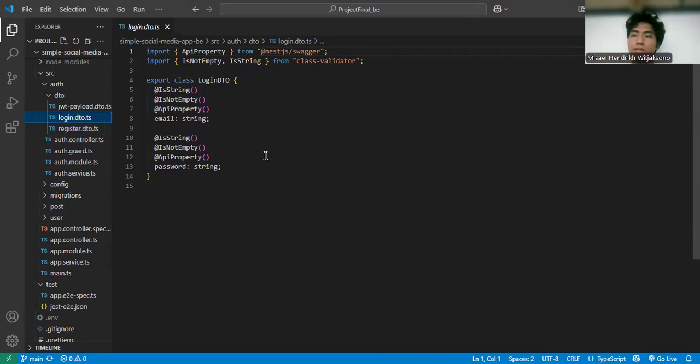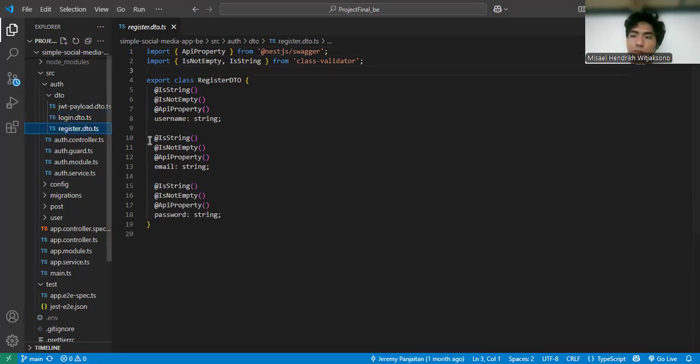For the database, this login and register system involves a users table structured as follows. Email is a unique field for the user's email used for authentication. It is indexed for fast lookup.